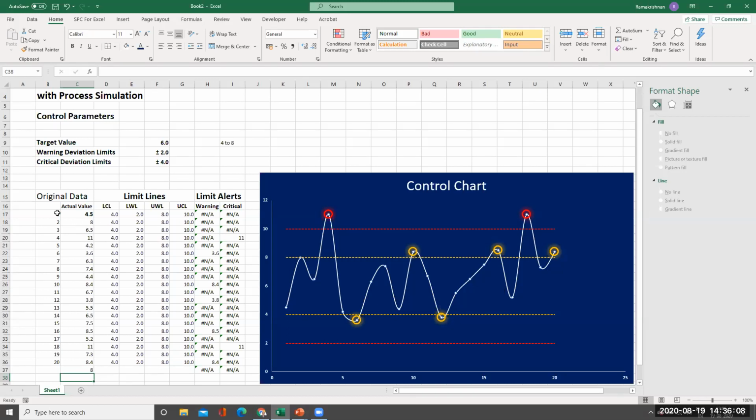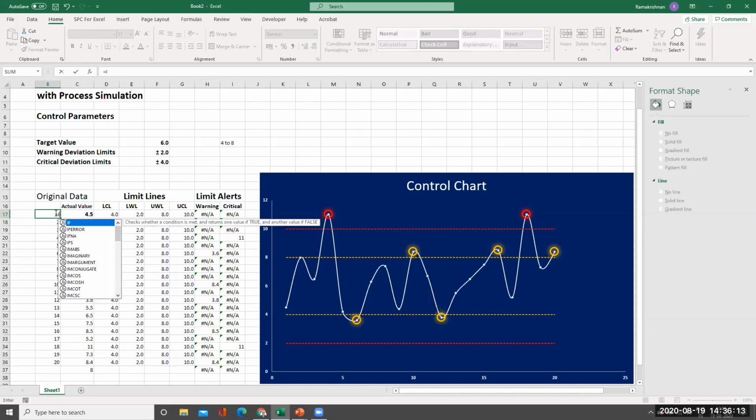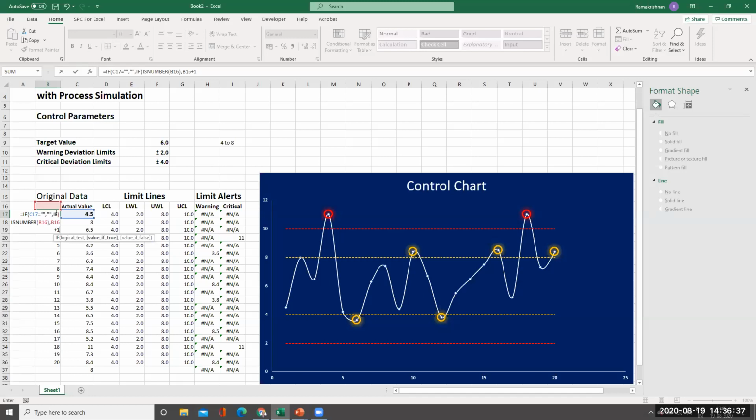So for that, I'll use a modified code here: equal to if C17 equal to exists, double quote, comma, if is number B16, that is the previous cell, then add that B16 plus 1, otherwise start afresh as a fresh number.